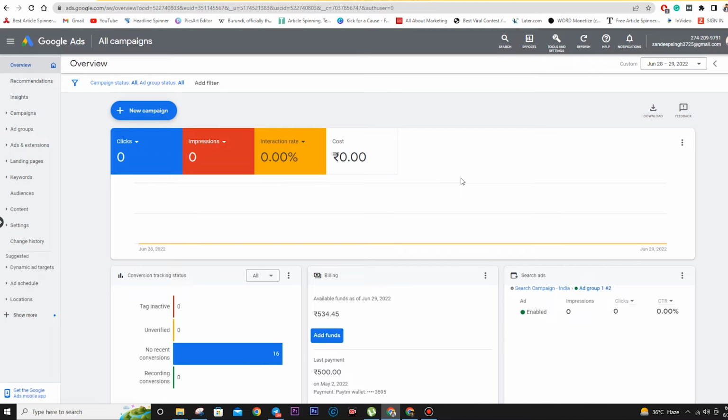So let's cover the remaining parts of our interface. In the previous video, we talked about the search, reports, tools and settings, refresh, help, notification. In this video, we'll be talking about the options showing on the left side of your screen. For example, overview, recommendations, insights, campaigns, ad groups, ads and extensions, landing pages, keywords, audiences, content, settings, change history,